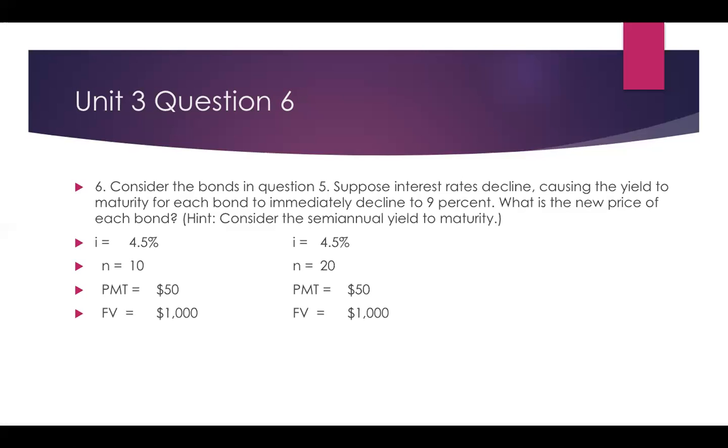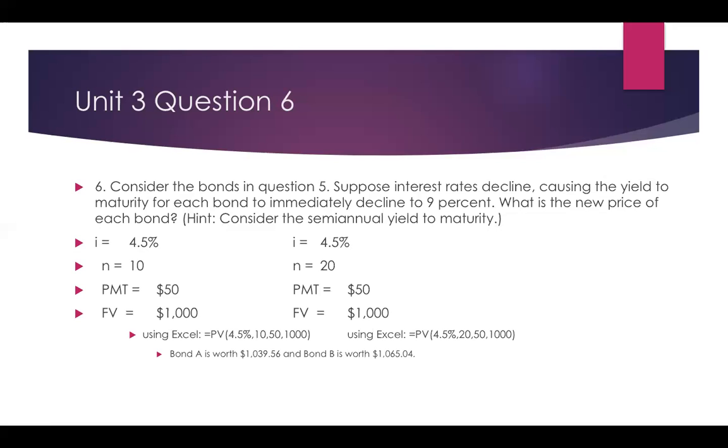So when you do this, the biggest difference is that your I now is 4.5, because now you're looking at it a different way. So now we actually do want to use that yield to maturity. Now that's 9, we have it there. So obviously it's the semi-annual coupon, so now it's half of that. We have our N, we figured that out from the last problem. We have our payment, we figured that out from the last problem, and we also know the future value. So once again, plugging that in through Excel,